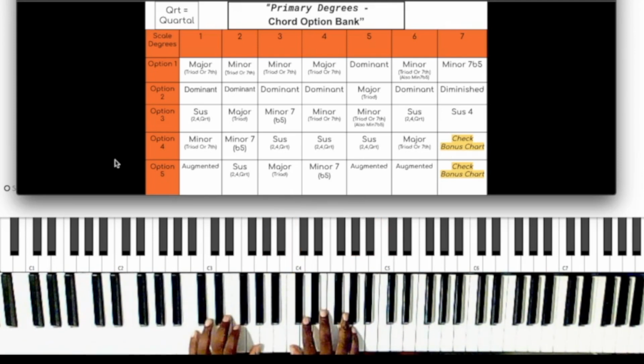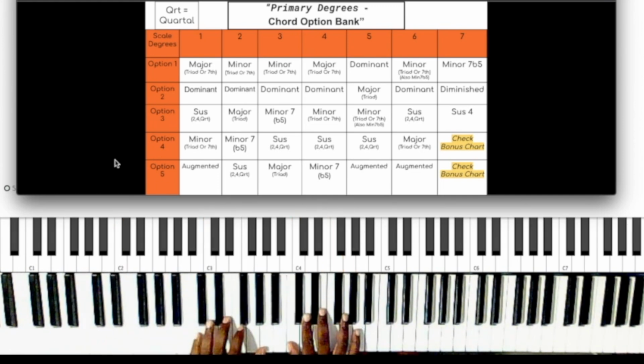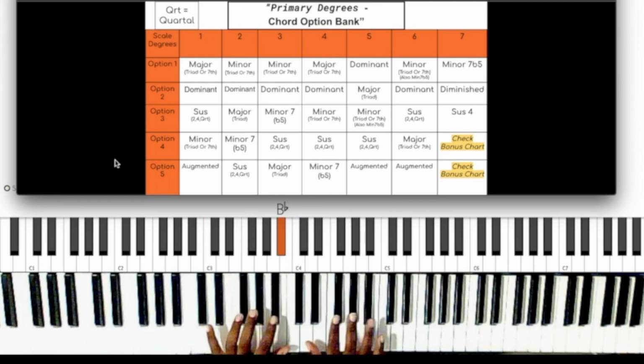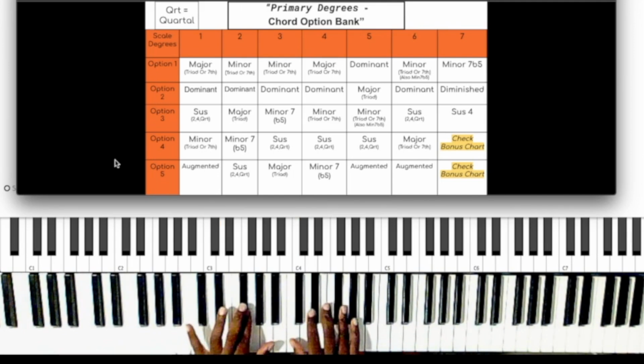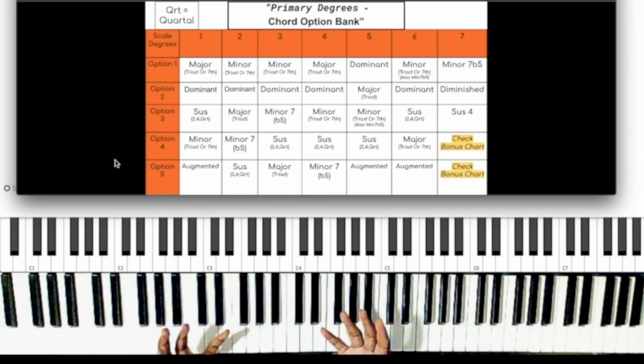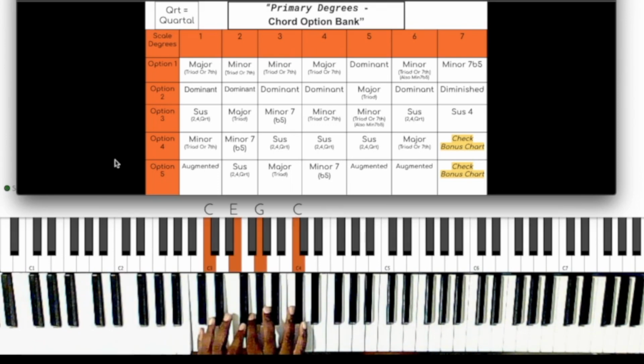So sometimes I like to look at it like this. We're in the key of C. We normally have 7 degrees, right? We talked about this already. When you add these secondary degrees, instead of 7 places to play, we've added 5 more. 1, 2, 3, 4, 5. With 7 plus 5, that is 12. So you've just went from a 7-degree player,